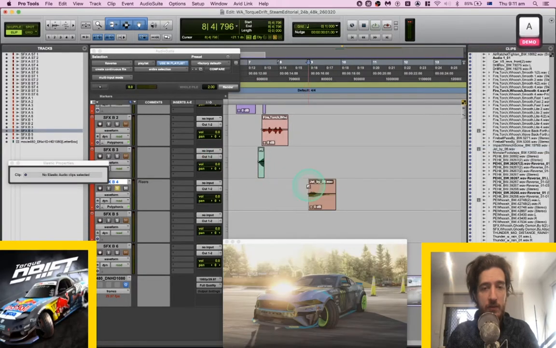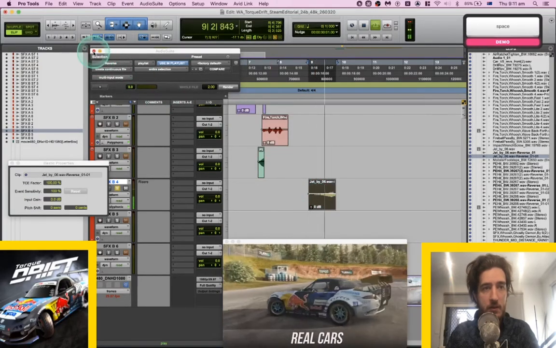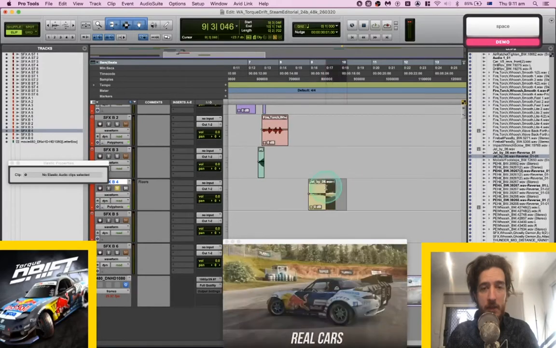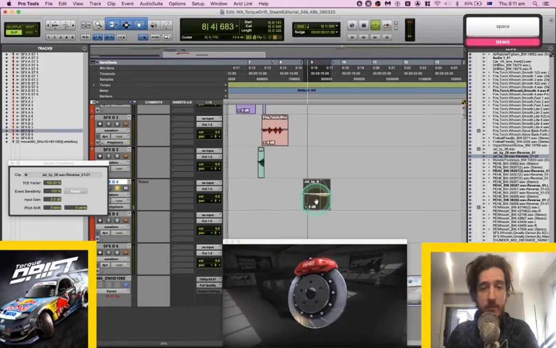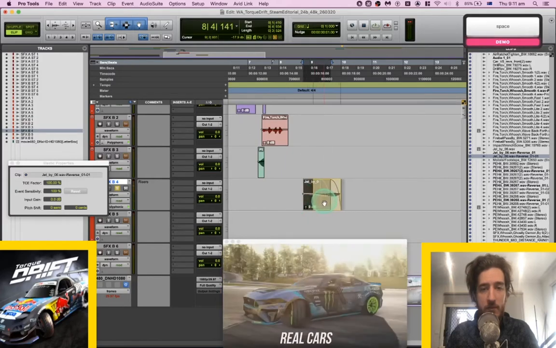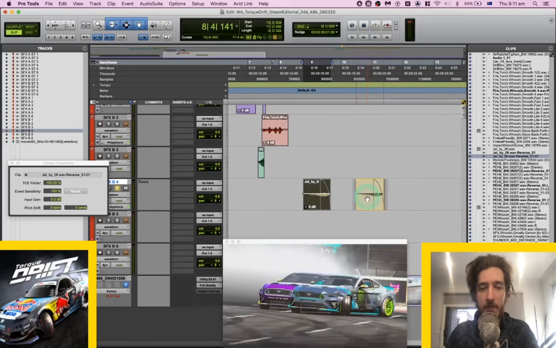Sounding pretty cool. If we chop off that bit and then reverse that, that now becomes a pretty good... maybe on that.